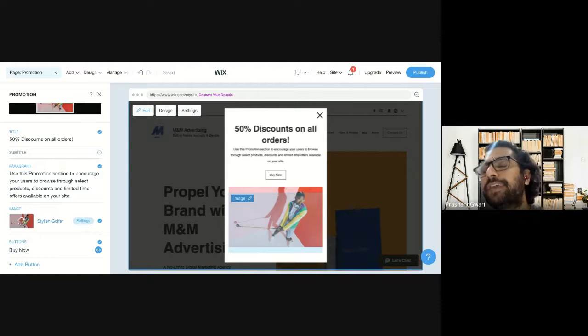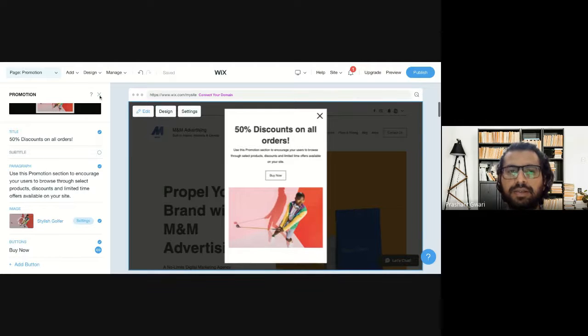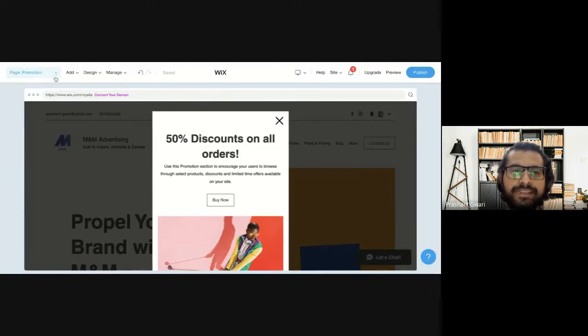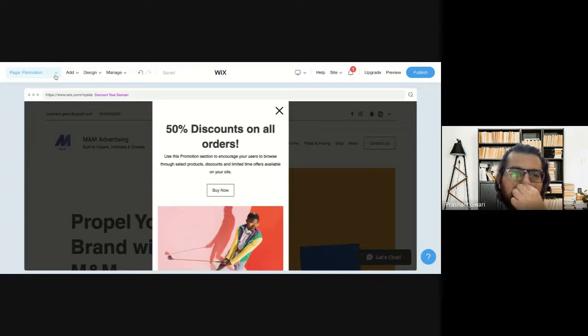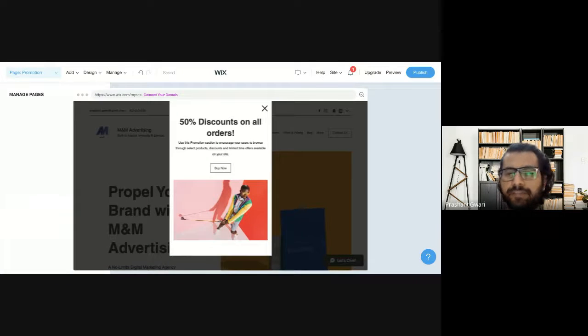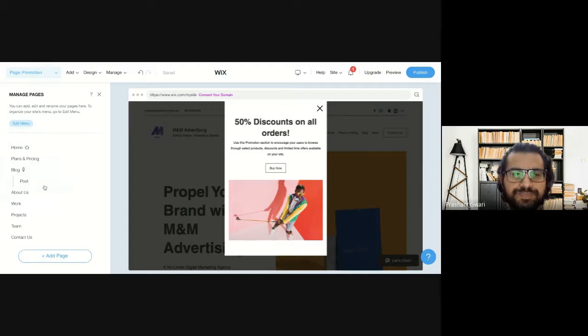Also, we use this kind of promotion tab light boxes to collect email IDs. Mostly the bloggers, influencers or affiliate marketers use these kind of light boxes to collect email IDs from their customers. Like I will show you again. Let me first delete this one because this is not for my business category. I don't have any kind of e-commerce website. So let me delete this lightbox first.